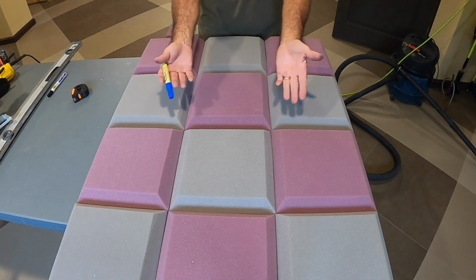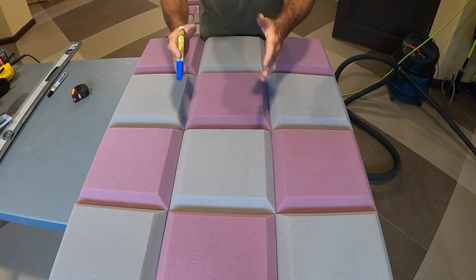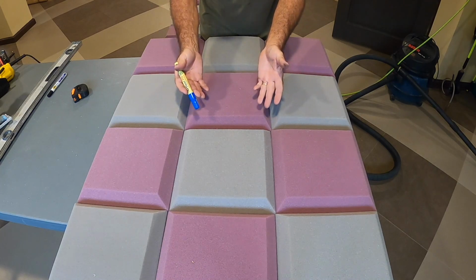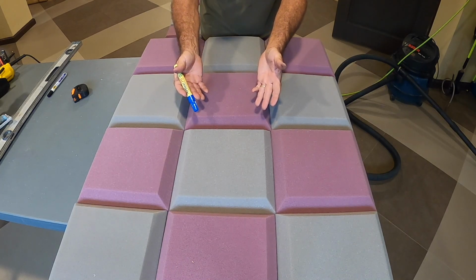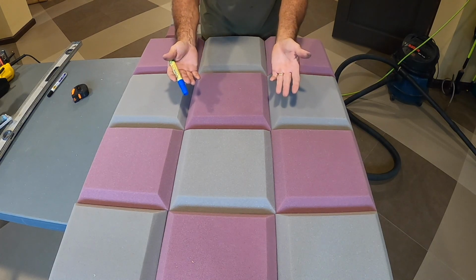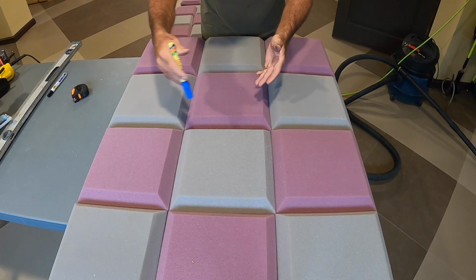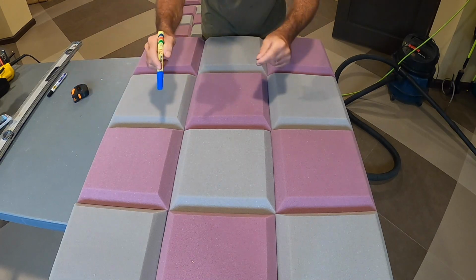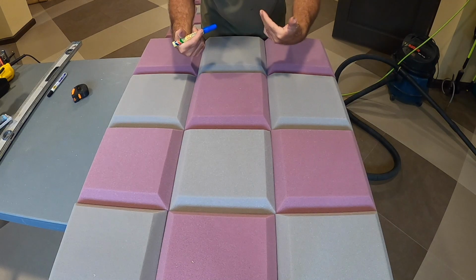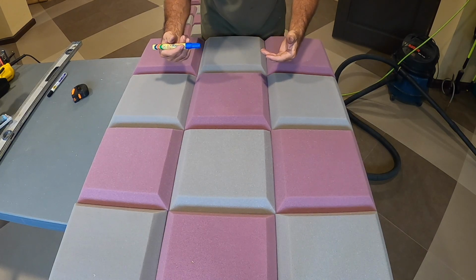Now you're probably asking, what's the best method to line up all your tiles, pull the tiles off, and then get them back on in the same position when you check to make sure everything is lined up properly? Now there's several methods of doing this. You could get a grid, you could take measurements and do it like that, or you can do it a simpler way, which I think is simpler. As I start out